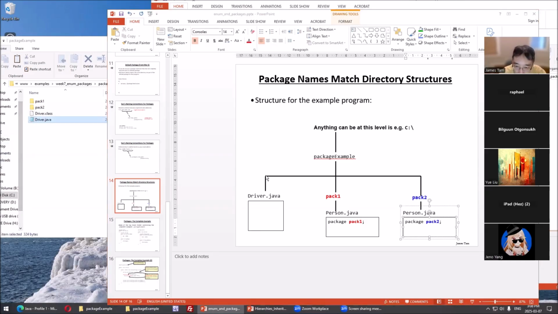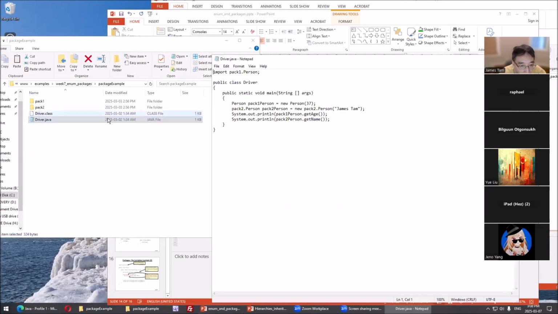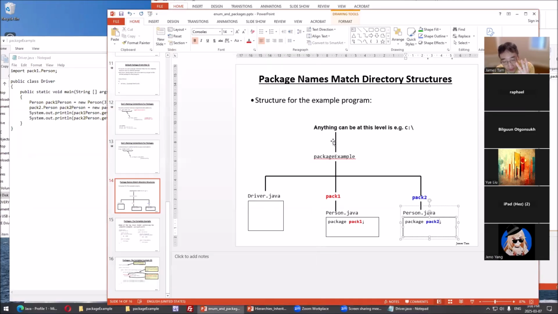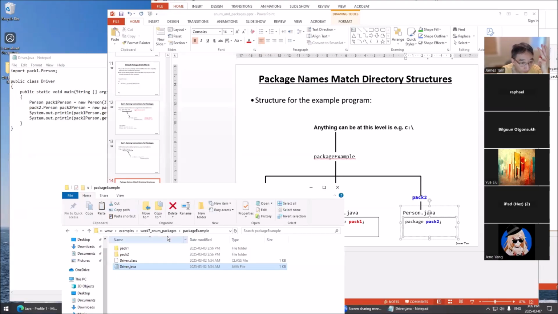However, driver is not in an explicit package. It's importing something from another package. It doesn't have the keyword package. So that means it's in a default package. So we actually have three packages, 1, 2, and 3. And if we had other code in this directory, it would be part of that unnamed default package, which is why I said that if you leave out the keywords,